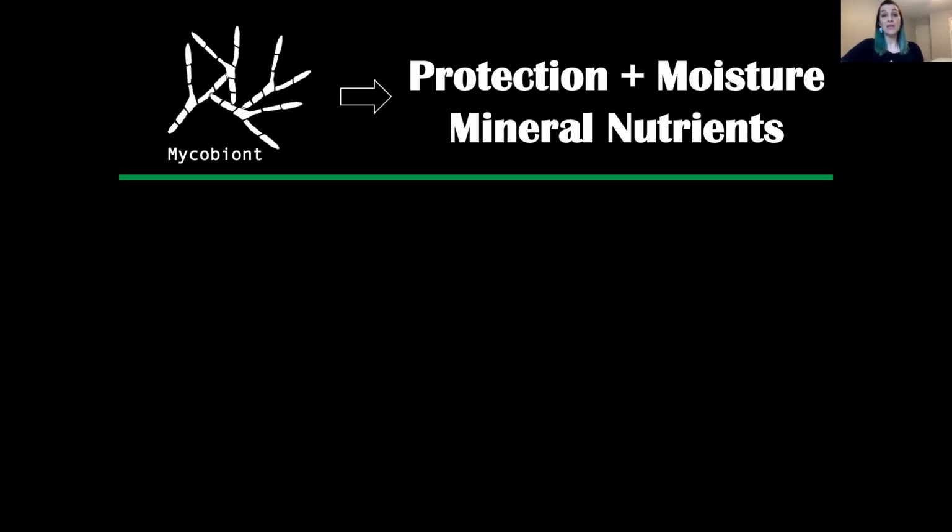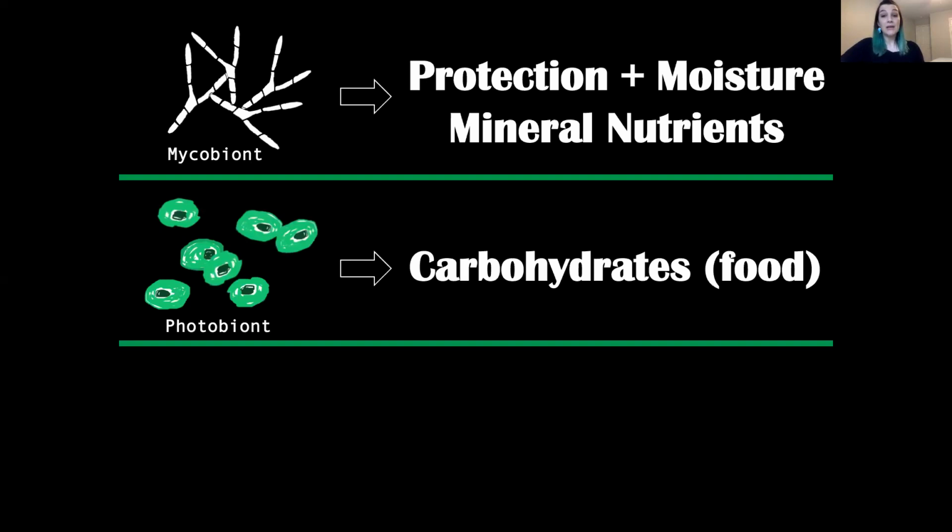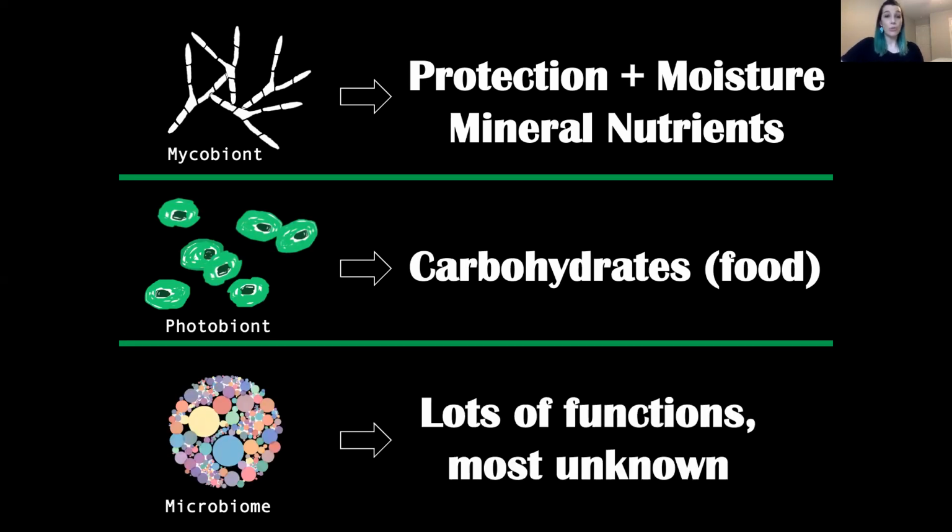The microbiome is providing the thallus with a structure, protecting the algae from the outside environment, so providing a much more stable long-term environment, as well as water control and mineral nutrients. And in return, the photobiont is sharing with the microbiome its products from photosynthesis, and therefore sort of providing the food. And the microbiome, which is composed, again, of primarily bacteria and fungi, can have several functions, such as provision of hormones and vitamin B12, resistance against biotic and abiotic stress factors, among several other functions, most of which are unknown.